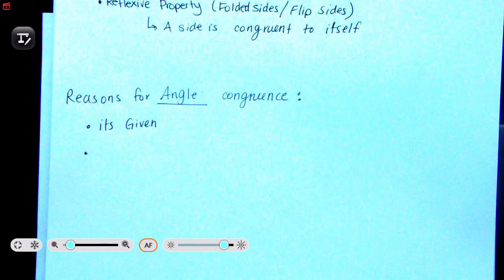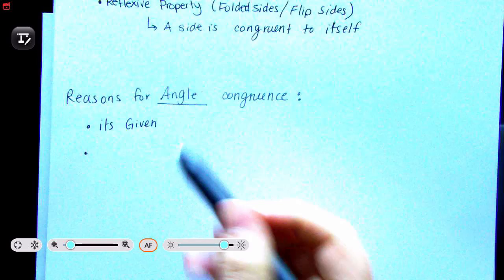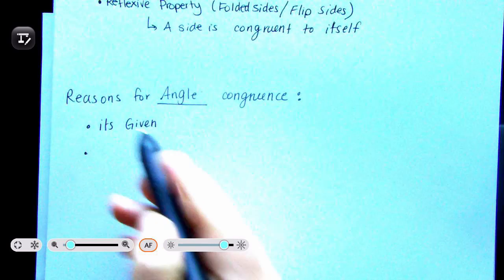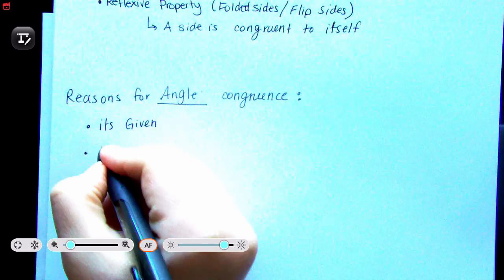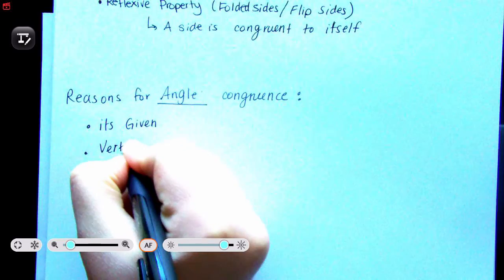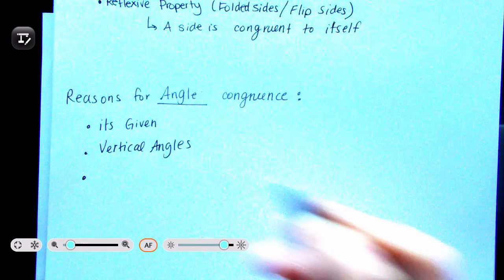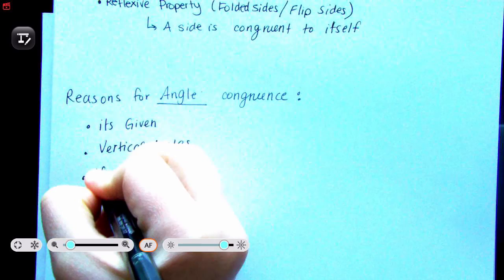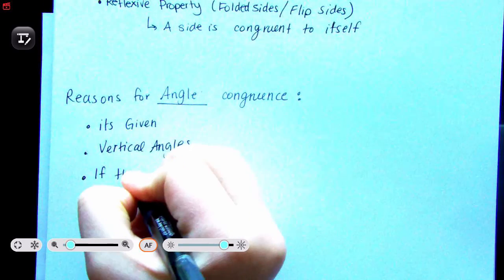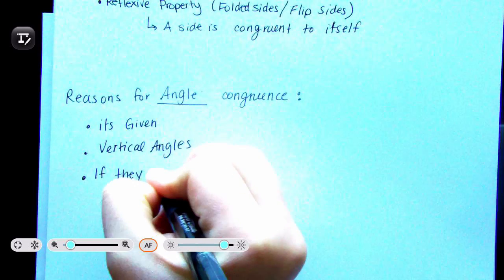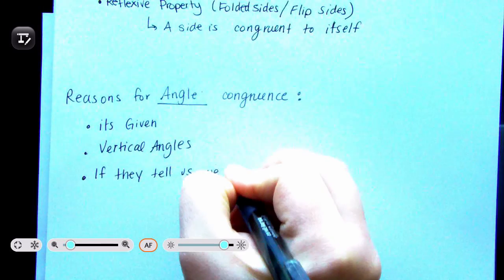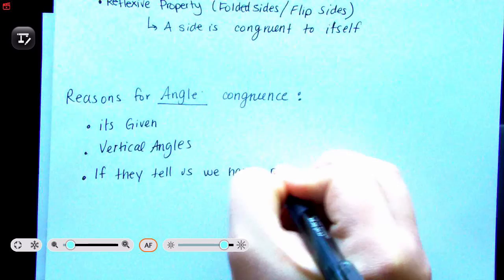Well, if they tell us angles are congruent, we know they are congruent. Another reason that we have angle congruence is vertical angles. And if they tell us we have parallel lines,